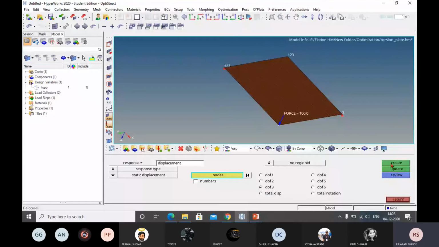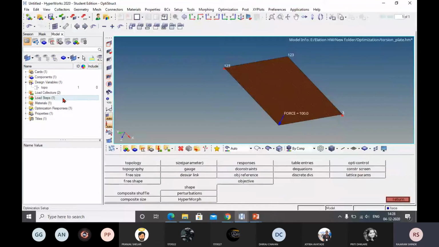Here we don't want the constraints. In case of topography optimization, constraints are not required. Now we have created the design variable. We have created the responses. I think the response is not created. Okay, created. Optimization response is created.